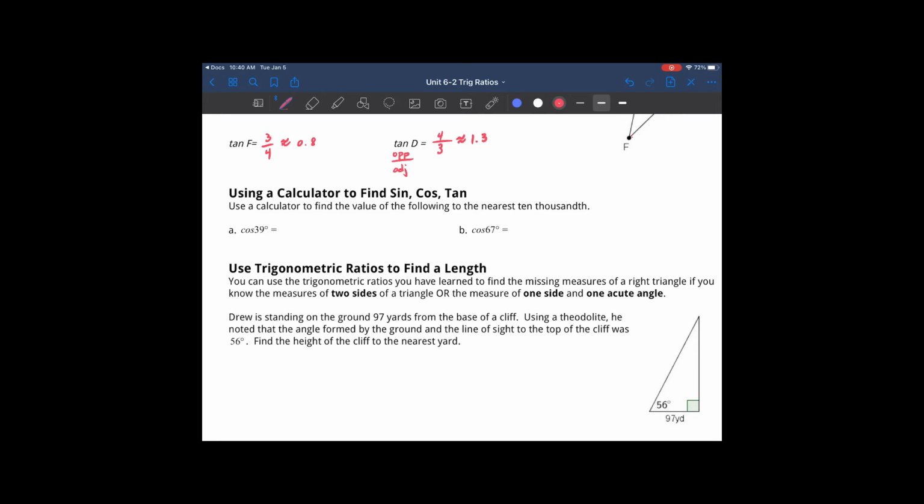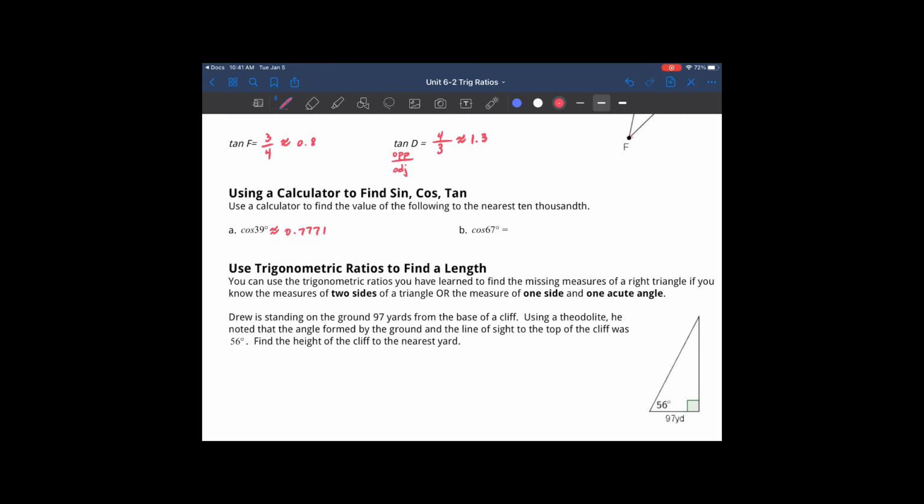So use a calculator to find the value of the following to the nearest 10,000th. Well, remember the decimals go tenths, hundredths, thousandths, 10,000ths. So that's 4 decimal places is what we'll round to. And in this case, if I just punch in my calculator cosine of 39, so it depends on what calculator you might hit the cosine button, hit the COS button on your calculator, and then punch in 39 and then hit enter. Or if you're using your phone, you may have to hit the 39 first and then hit the cosine button. Just figure out which way it works, and then the answer that they give you should be rounded to the nearest 10,000th, which would get you